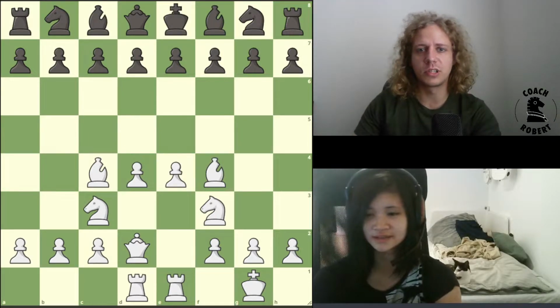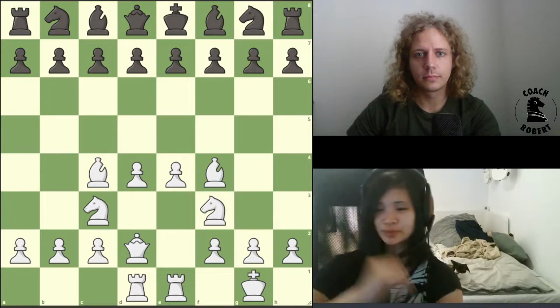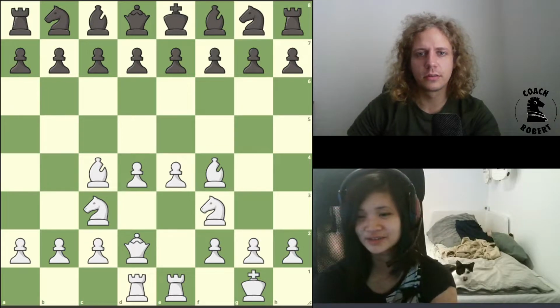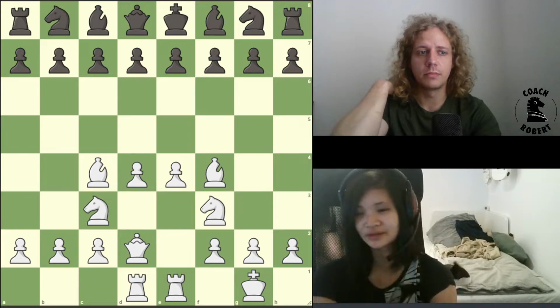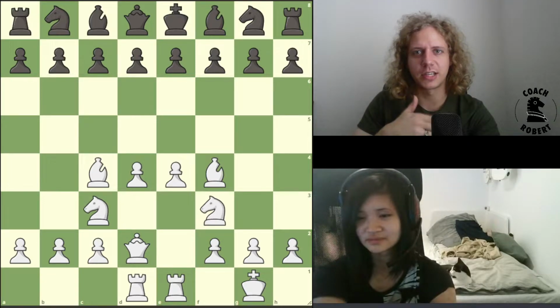So here, is this white's position kind of what you want? Is this an example of where you mostly want your pieces to be in the opening? Yeah, this is an example of what you would want. There are probably a countable number of positions or setups that are really good,